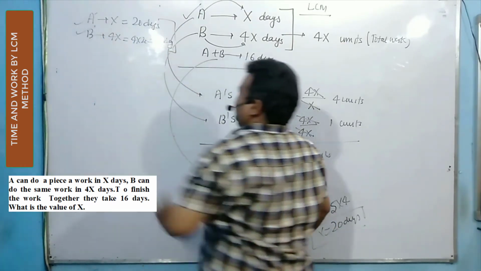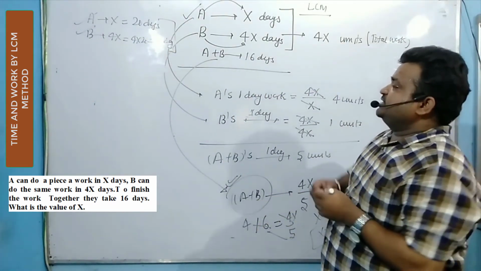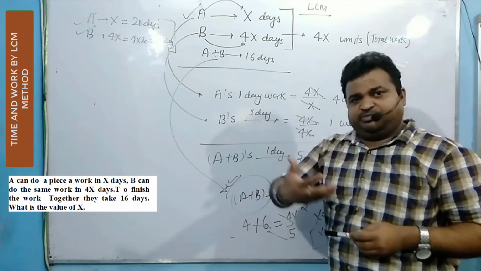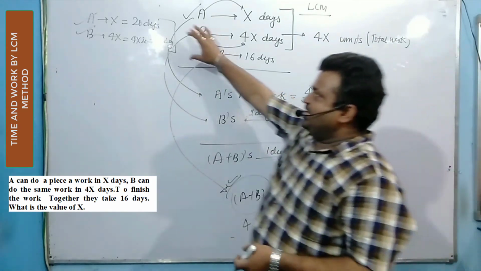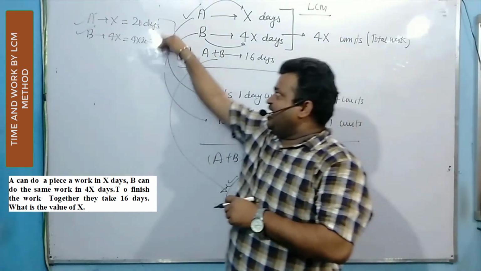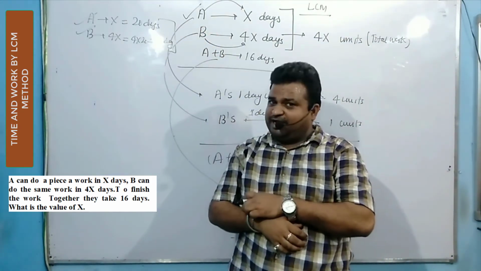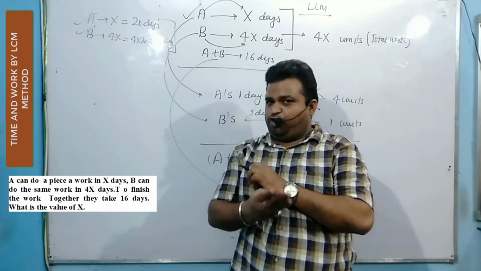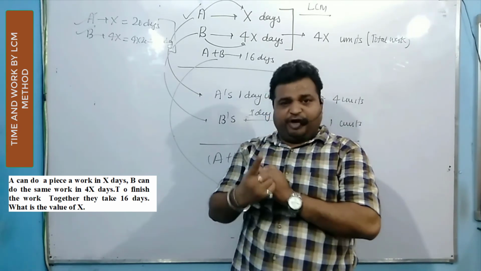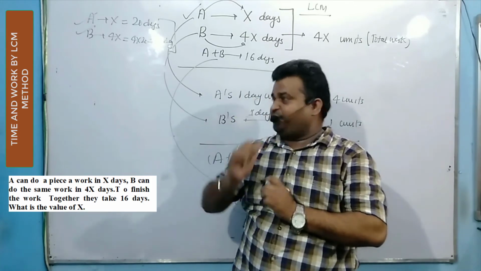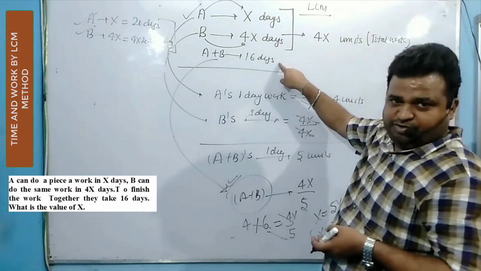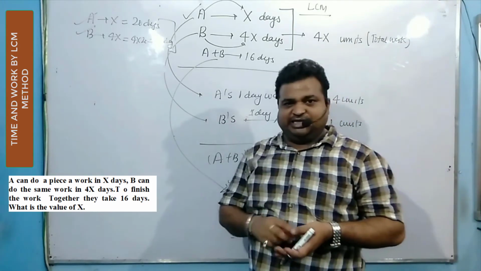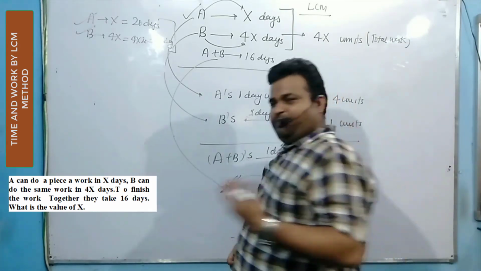Now if this question comes and this is the answer, then again I check whether my answer is correct or not. So you simply take the LCM of these values. So 80 will be the LCM, total work done. So what is A's 1 day work? 4 units per day. What is B's 1 day work? 1 unit per day. Total 1 day work 5 units per day. And if you divide 80 by 5, you will get 16, which is already mentioned over here. Okay, so it means my answer is correct.